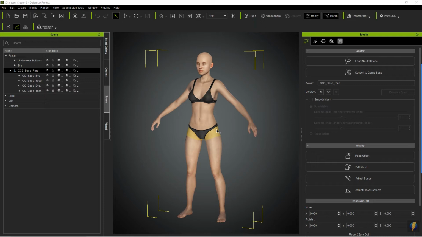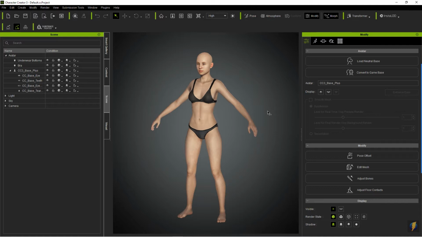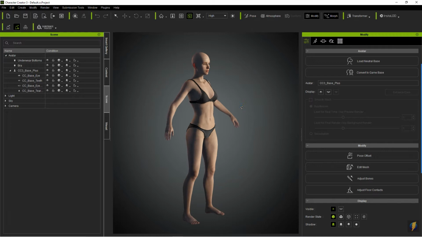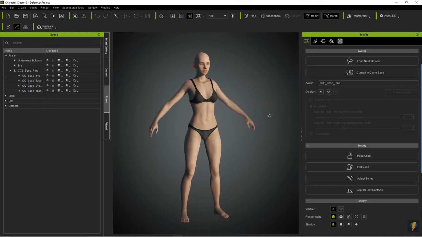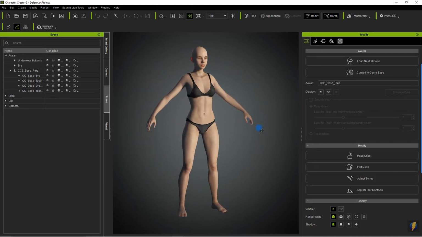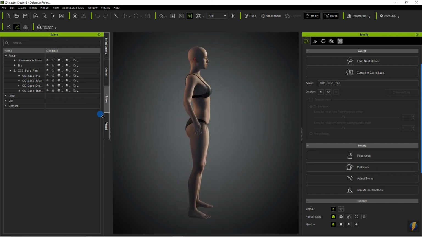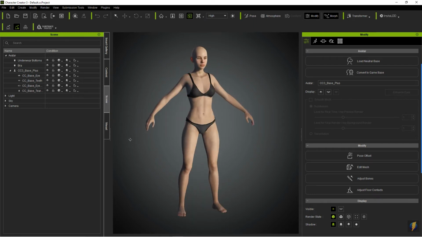Hello everybody. In this video we're going to take a look at Character Creator 3 and how we can create our own unique characters. So I've got Character Creator open right now, and this is the character that typically comes up when you first open up the program. And while we could certainly use this character here as a starting point to build our own characters, I would